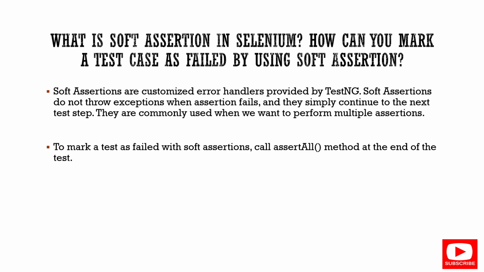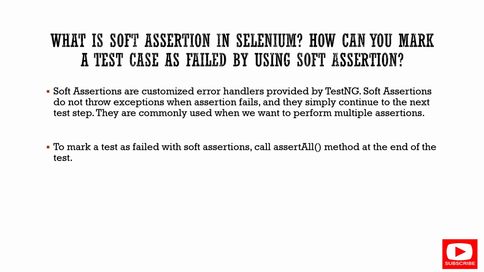For example, if you have 10 annotations and 10 different assertions and you are declaring them with a soft assertion, your first test case passed and the second and third test cases failed. What happens when you use a soft assertion is that the execution flow will not be halted. It will continue executing all the test cases, and at the last you can throw all the exceptions using assert all. Using assert all, you will post all the failures in your console or in any log file, so it will not stop your execution.